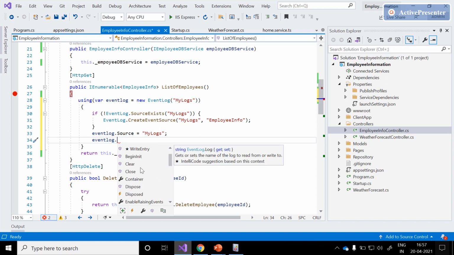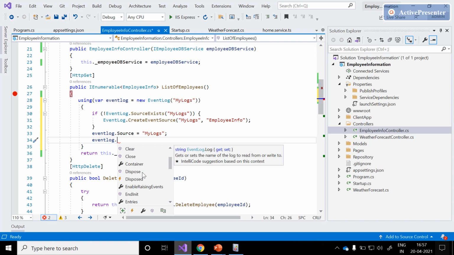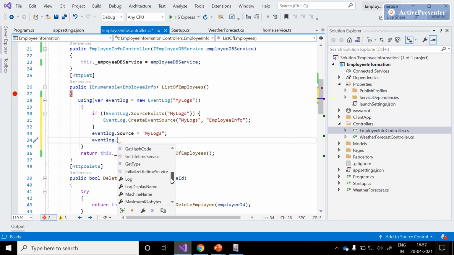Once we are done with the event writing, we need to dispose the connections. Here we can set the source, machine name, and everything. Write entry and write event are the two methods which we will use regularly.